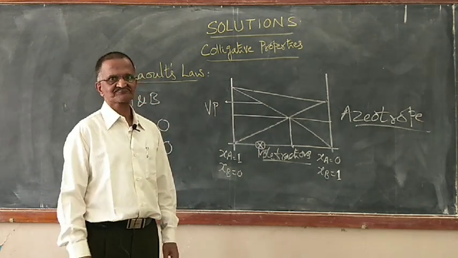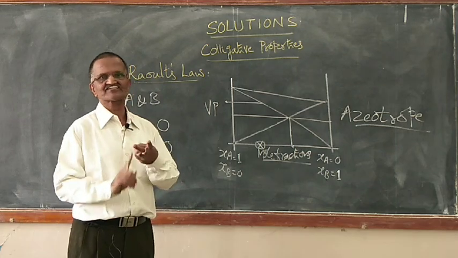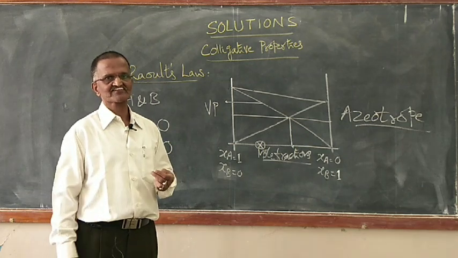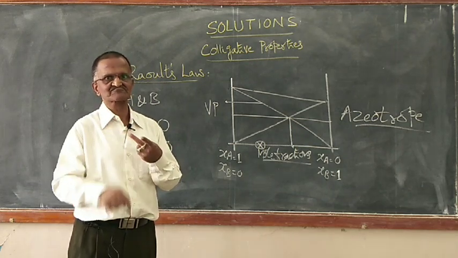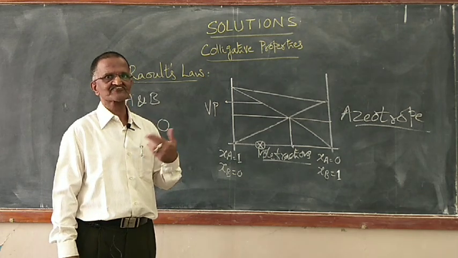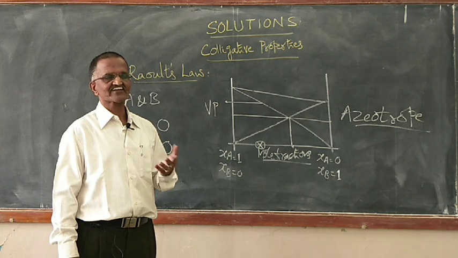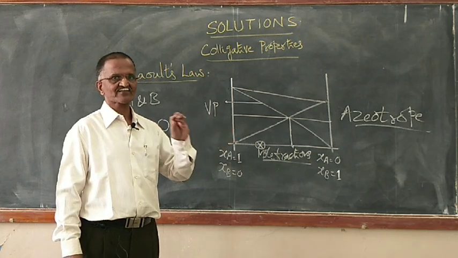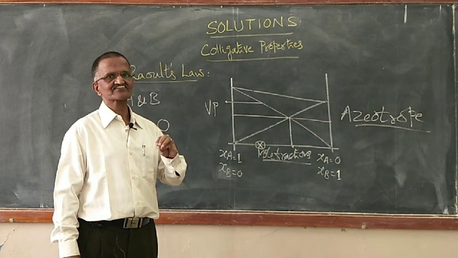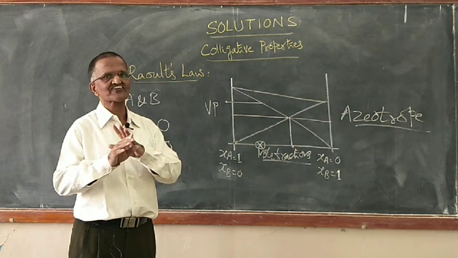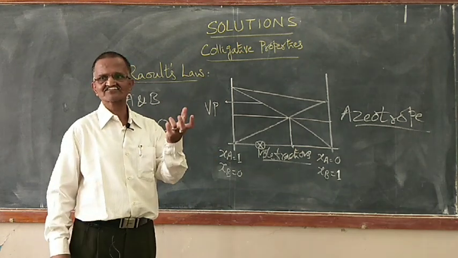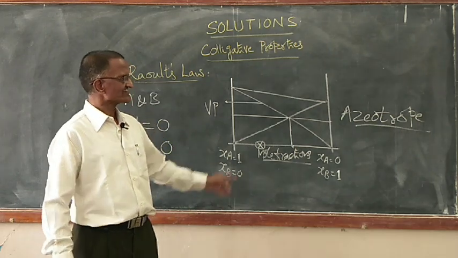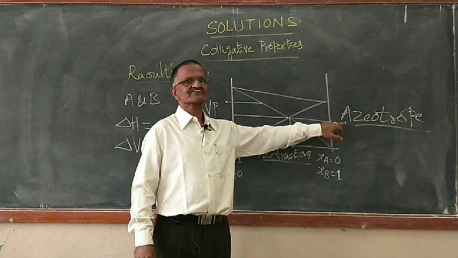Say for example, I have alcohol and water together, and I want all the alcohol that is mixed in that, and you know alcohol is more volatile than water. So now if I want alcohol and water to completely separate, I can go on removing alcohol. Up to 95% I can remove. The last 5% will remain. Afterwards, whatever alcohol is left in that, I have to forget it. Because if I take that last small amount which is remaining and want to separate from that, it is not possible, because it has turned to an azeotrope, a constant boiling mixture.